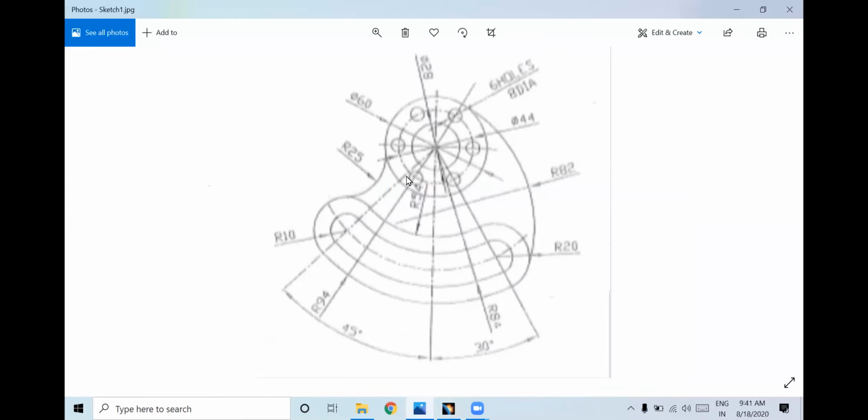Which is that? This circle, right? This circle is 44 dia and this is a dotted circle. Can you observe this? Sir, there is also a dia 16, sir. Oh, so that is the outer one. Okay, that we'll draw later. First we'll create these small holes.